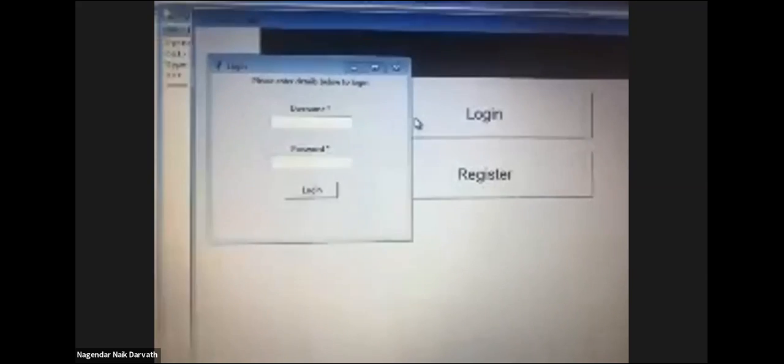Right. So now you can just run over here, run, right? So login. Let me show you before that. In this document, in this file, no other file is there.